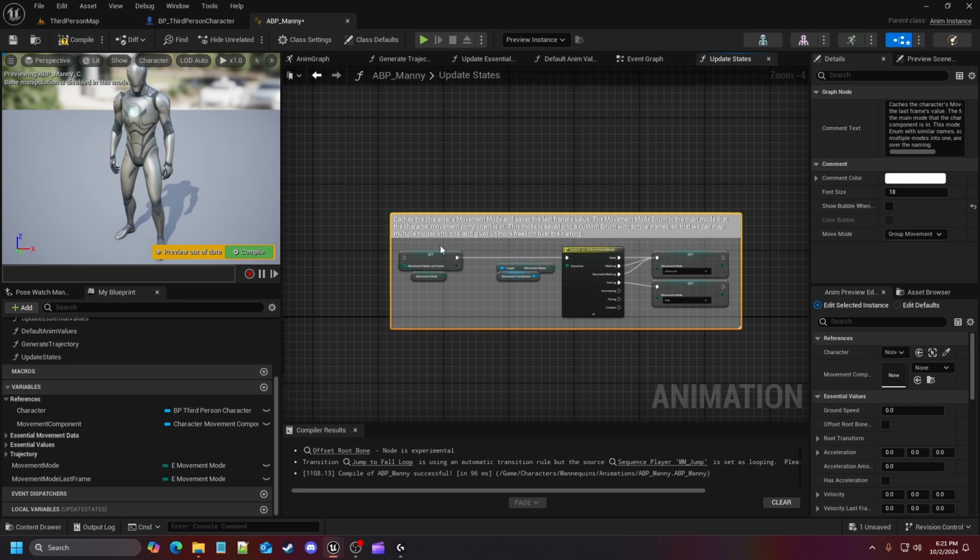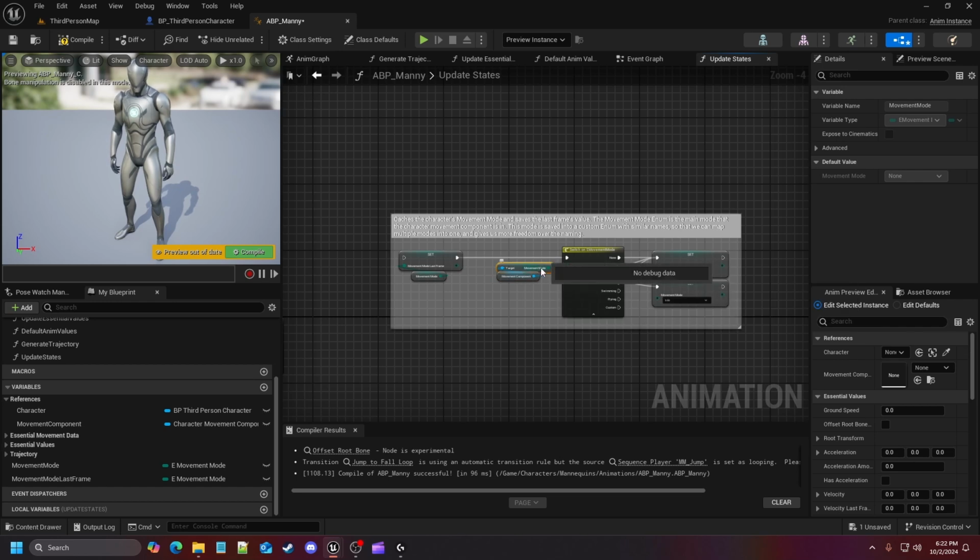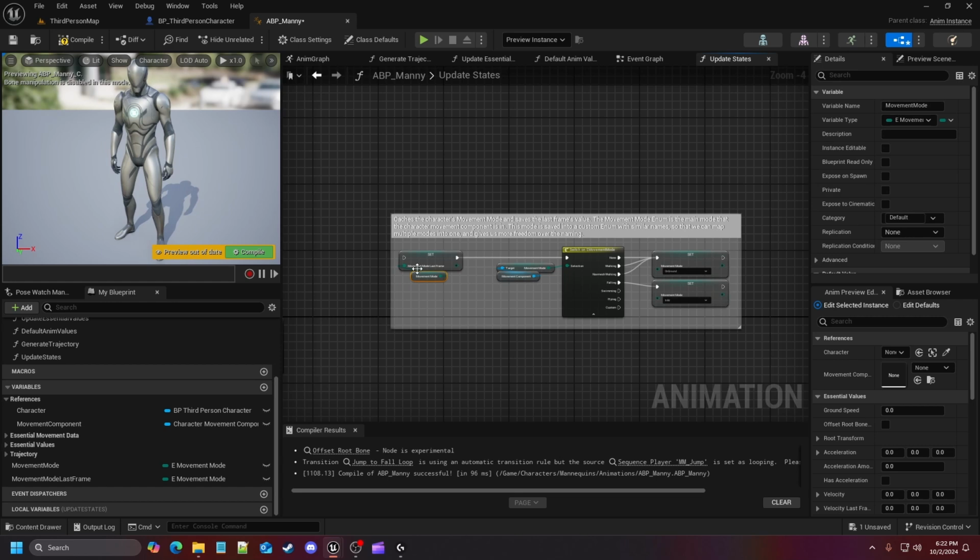So as you can see, we're caching the character's movement mode and saving the last frame's value. Like I said, if we are moving on ground, it's going to cache that into here, and then it's going to execute into the movement mode, where we grab our character's movement component and get the calculations that it's doing off of its pre-built Gait movement mode. So it'll go through and do a cycle and determine whether we're on ground or in air. And then after it does the rest of its other executions, we'll loop back around to make sure that